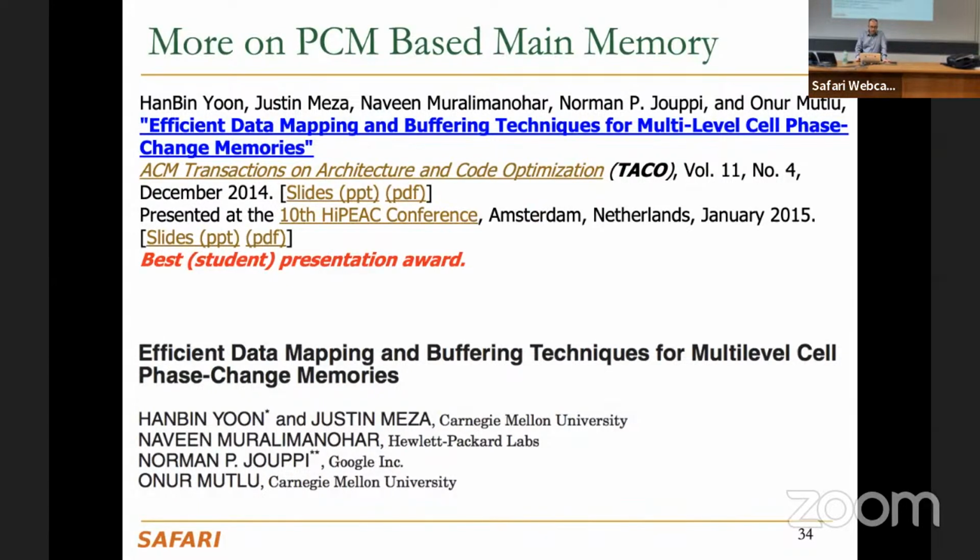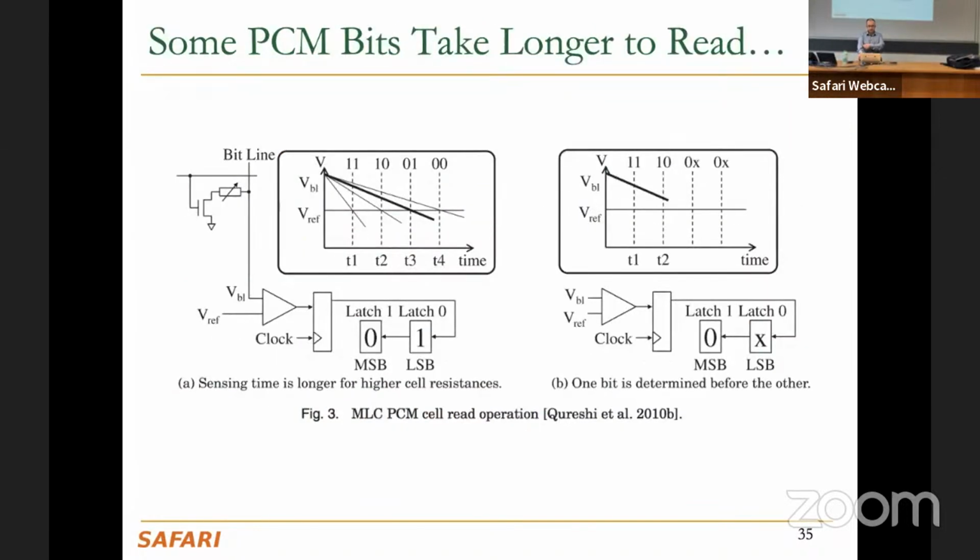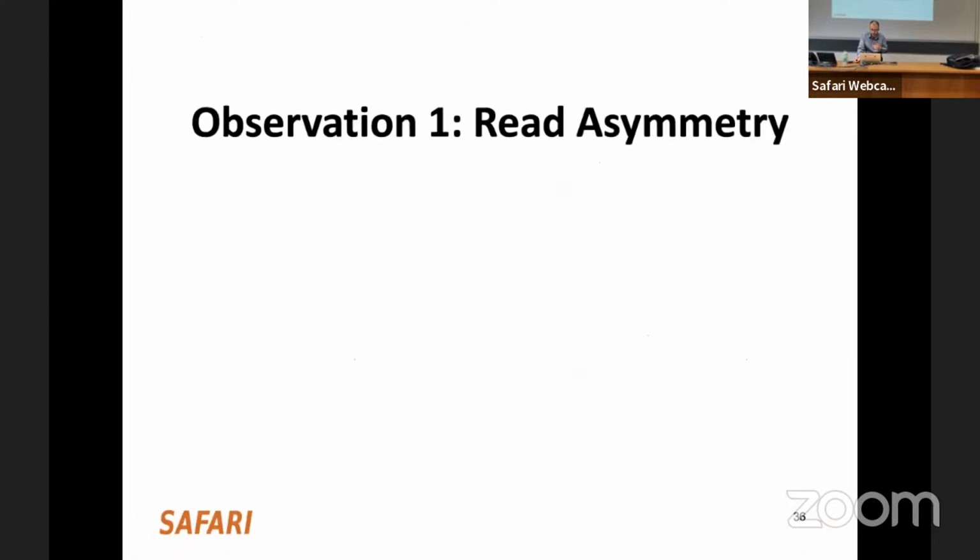Yeah, and so of course, when you have this PCM-based main memory, you can also think about how you can do efficient data mapping and buffering techniques for multi-level cell phase change memories. I have some slides for that. So essentially, the thing is that when you,